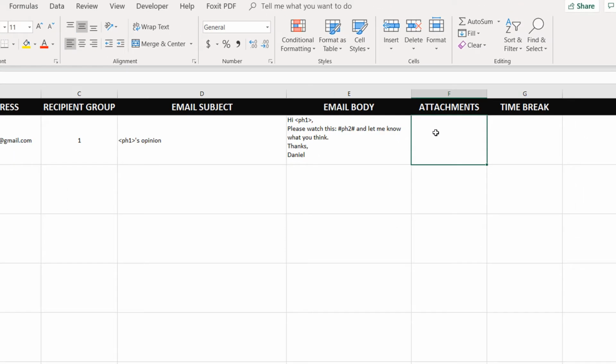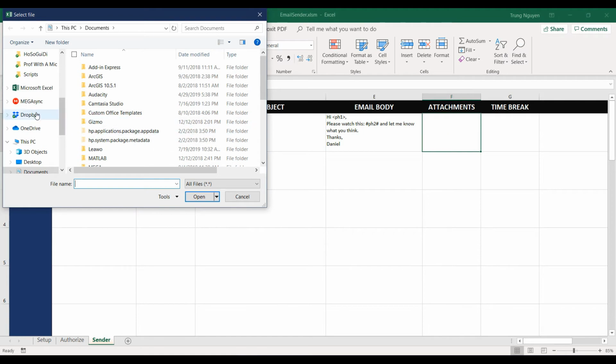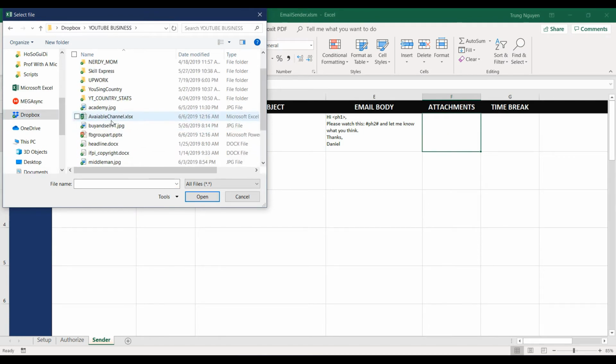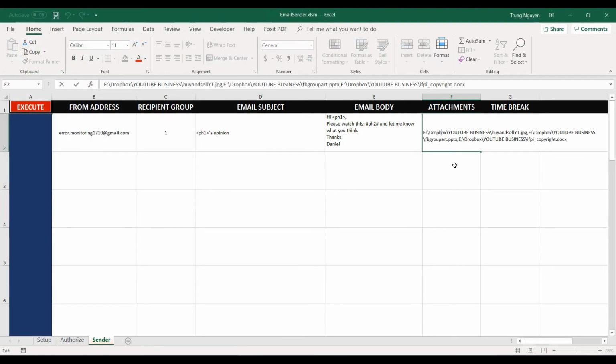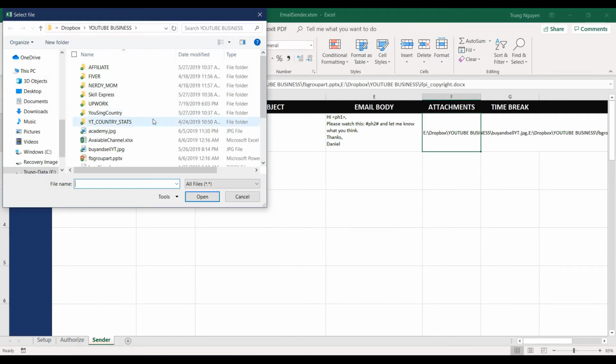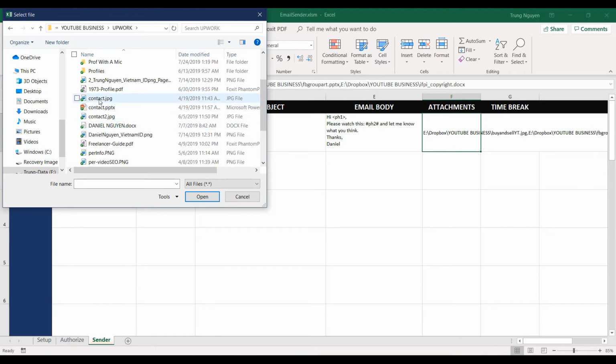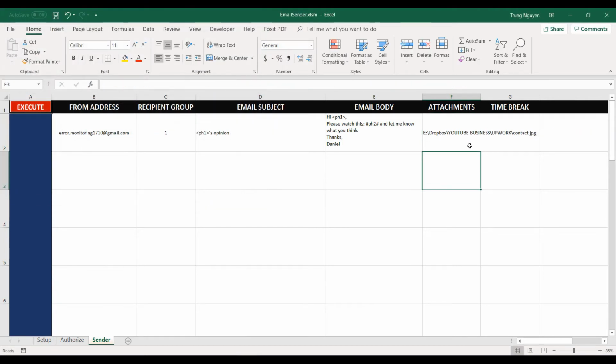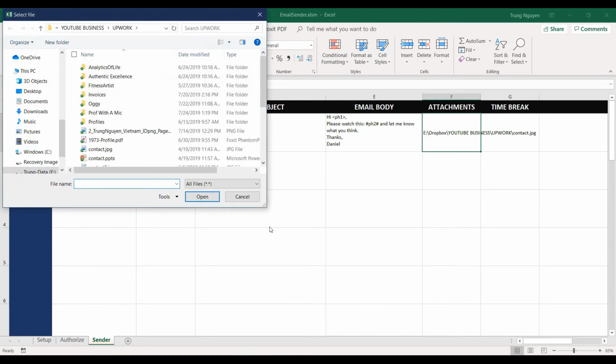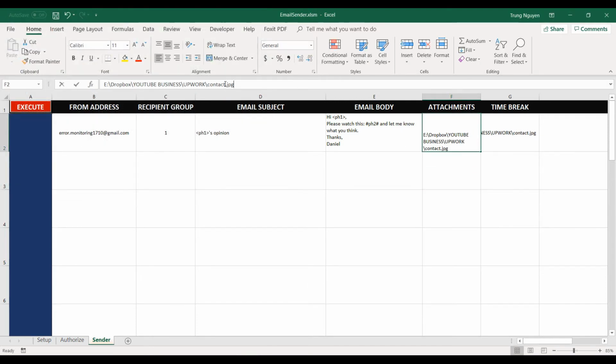For attachments, you can double-click the corresponding cells and choose Files to attach. They need to be separated by comma. You can also use placeholders in the file path too, as long as the files exist. For example, I will place placeholder 3 here because I have 2 photos, contact.jpg and